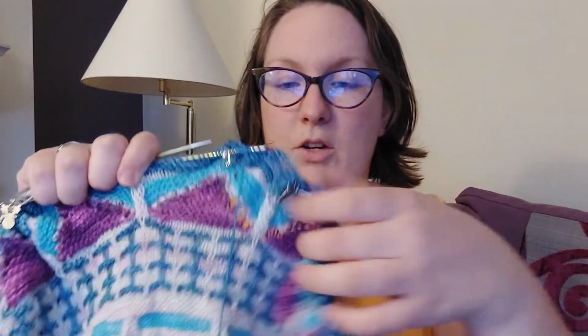Now, I know the one you all want to know about is the slip extravaganza. I was going great guns on this last year. I wanted it done before, whoops, the yarn has just got everywhere. I wanted it done before the Shawlography Mystery Knit Along by Stephen West started. Forgive me looking down, I'm trying to untangle the yarn from around the millions of stitch markers. And I was going great guns. I was actually getting the chevrons done. It was going really well, and I was doing it in hospital when I was getting ready to have my